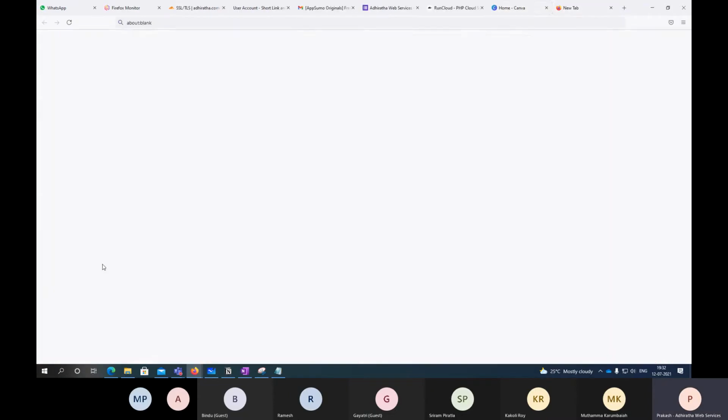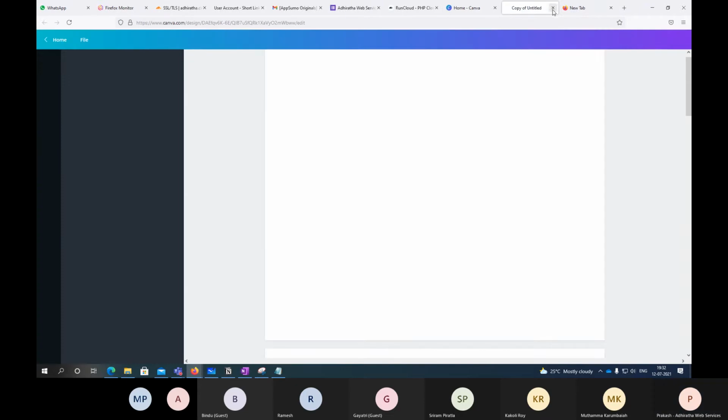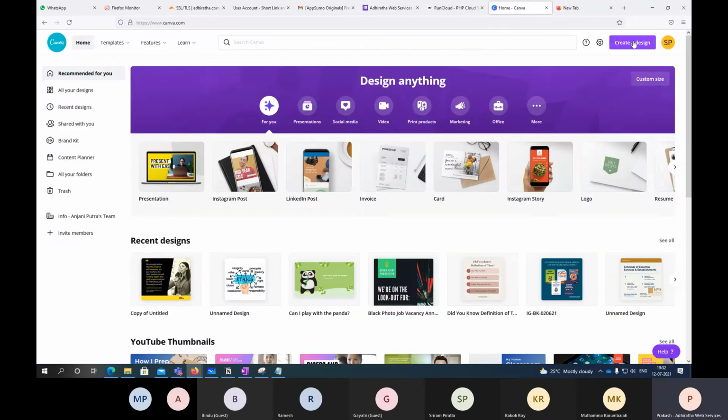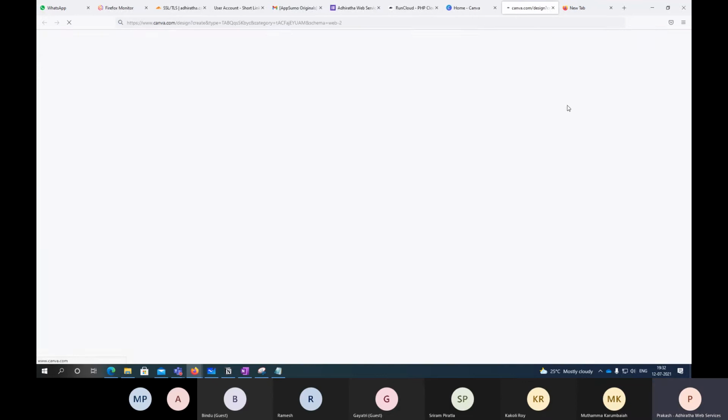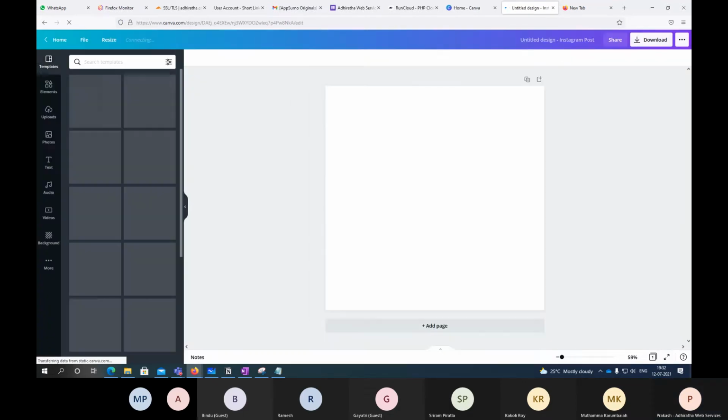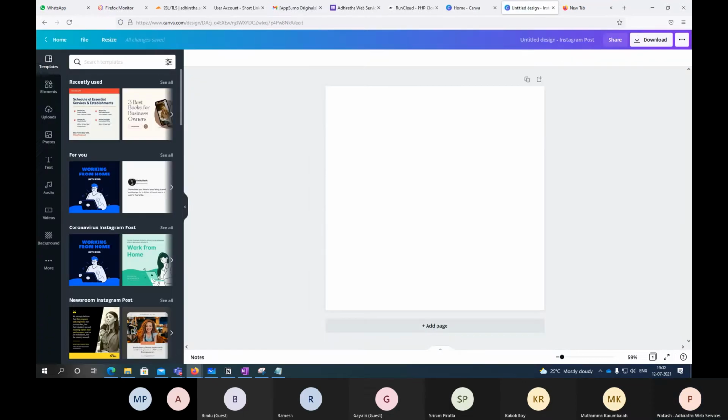So now this is the paid version that we use. Now when I'm creating a design, I'll pick Instagram post. So I'm picking up these 3 best books. Here you can see there is a pro label.